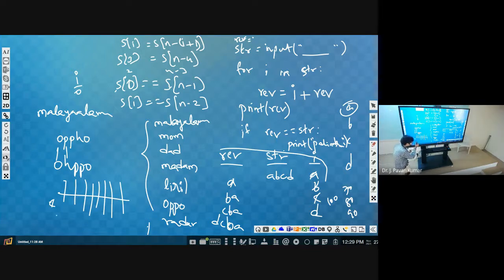Up to what extent will i go? Up to n by 2. So up to that i will be repeating. If any mismatch occurs, then it is not a palindrome. If i goes up to the middle character, then we can say it is a palindrome.